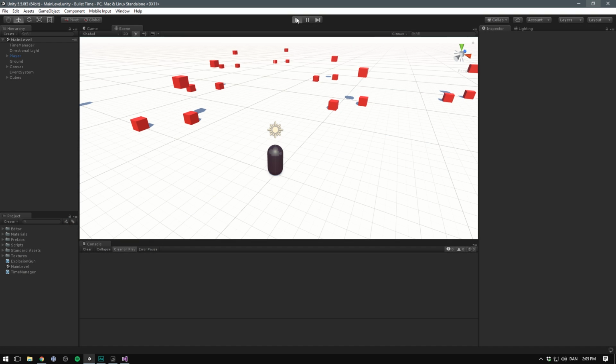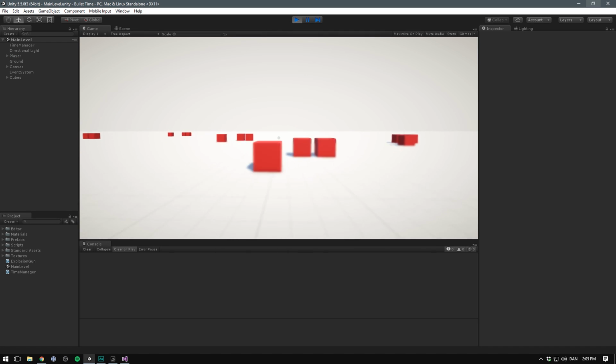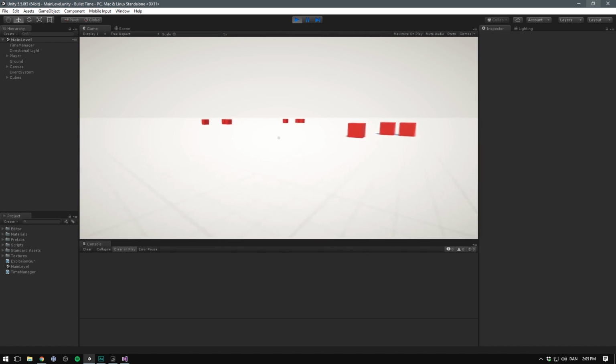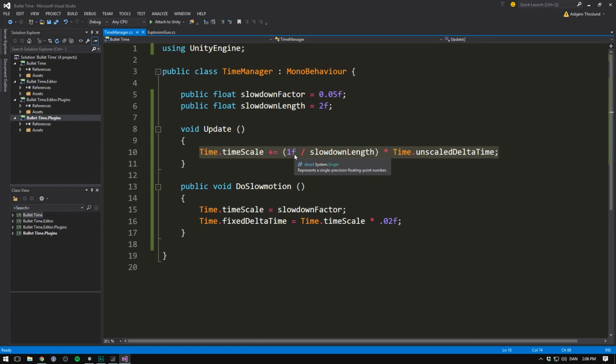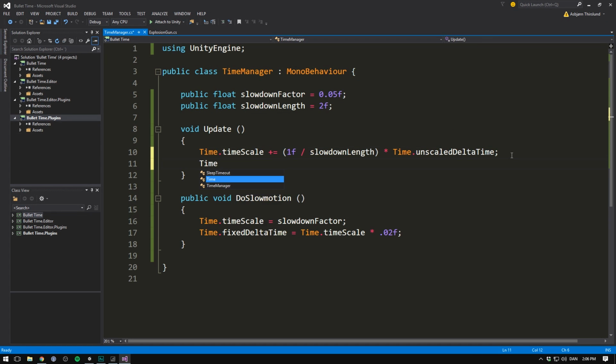If we hit save on this right now and then hit play, we should see that our game just slowly speeds up. And indeed it does. We're able to run quicker and quicker until, of course, we shoot something and then we are reset back to 0.05. So we'll go in here and say time.timescale equals